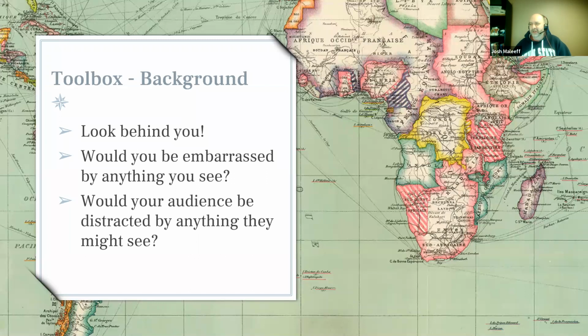So what do we do? Some of us are in crowded spots. You don't have the luxury of finding a clean area that way or something that wouldn't be distracting. So Zoom and a lot of the other platforms have been kind enough to give us virtual backgrounds. The way they work has different degrees of success depending on the lighting that you have, and also how cluttered that background is.